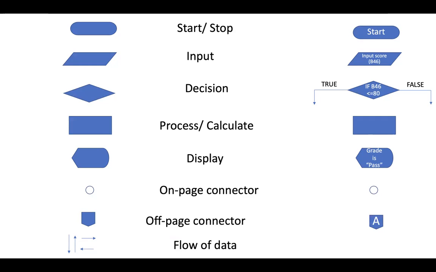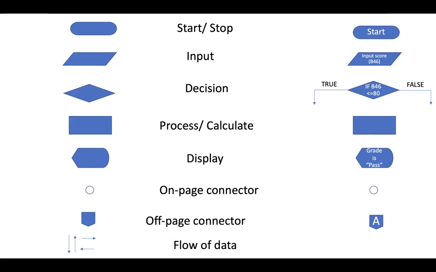The next one, and then you put some symbol inside, for example A B C D or 1 2 3 4, something like that. And the last one, flow of data. The reason why we call it a flow chart is because it's a chart that consists of these symbols, and then they link together with lines with arrows. The line with the arrow we call flow of data. We use it to link